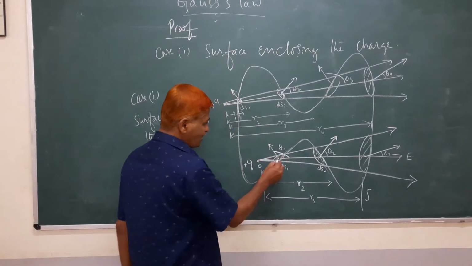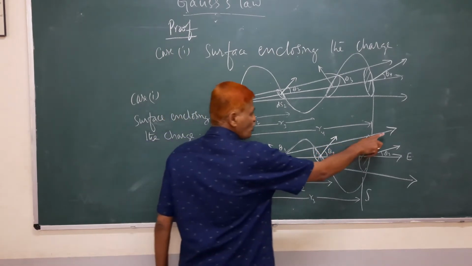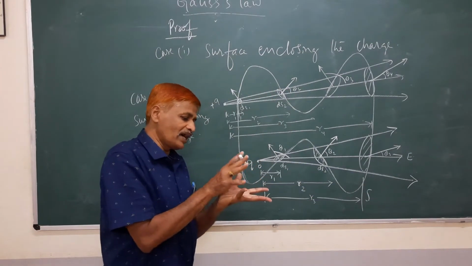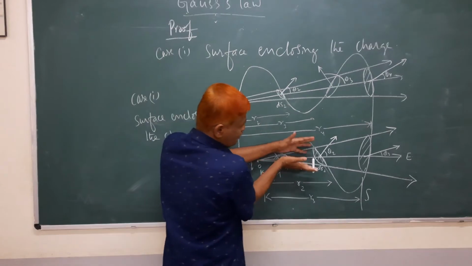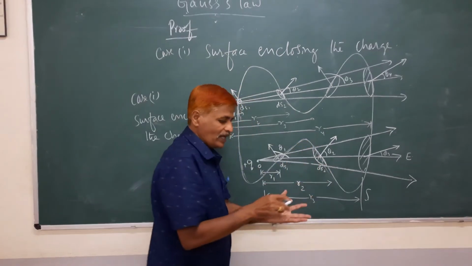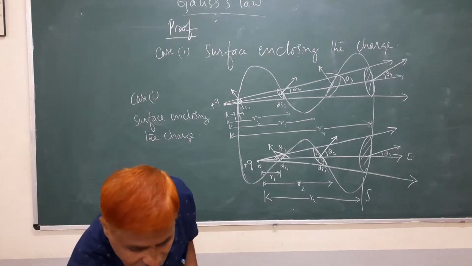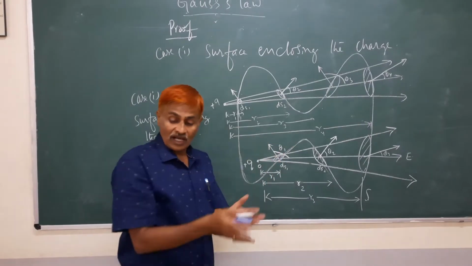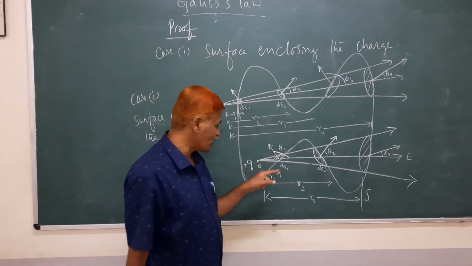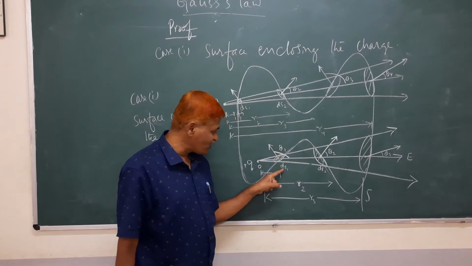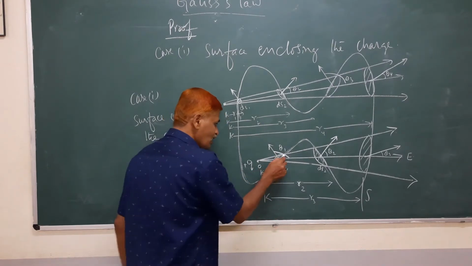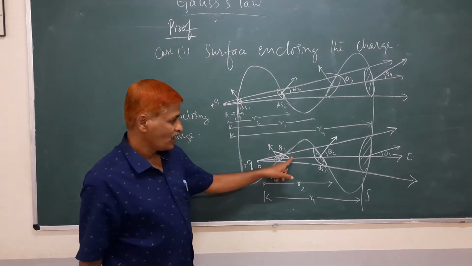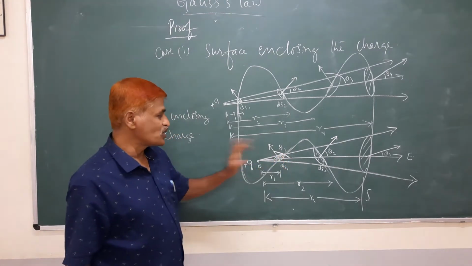Alright. This is the surface. I have taken only along the cone enclosed by this. How many are going out within this cone? That is very important for me. So many lines of forces are passing through this. Okay, they are going out from this. That I am calculating. So they are going here from the surface of area ds1. ds1 is the area of this, from which they are coming out. Coming out means positive flux.